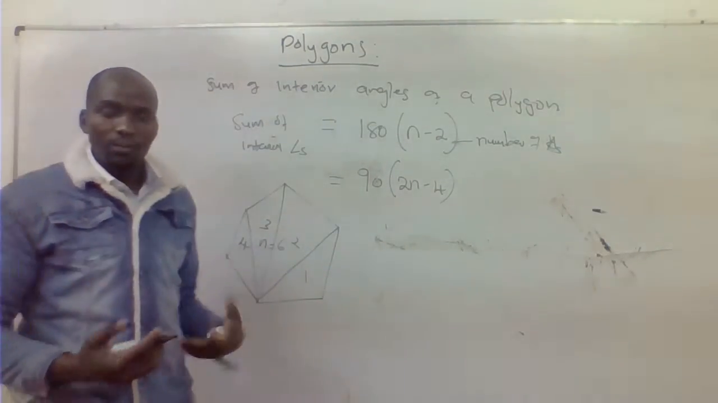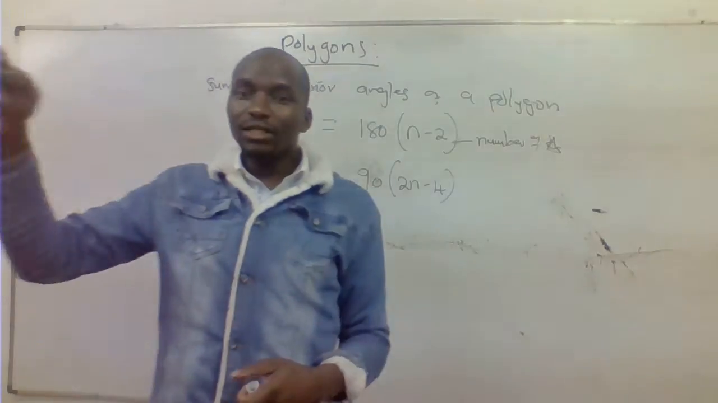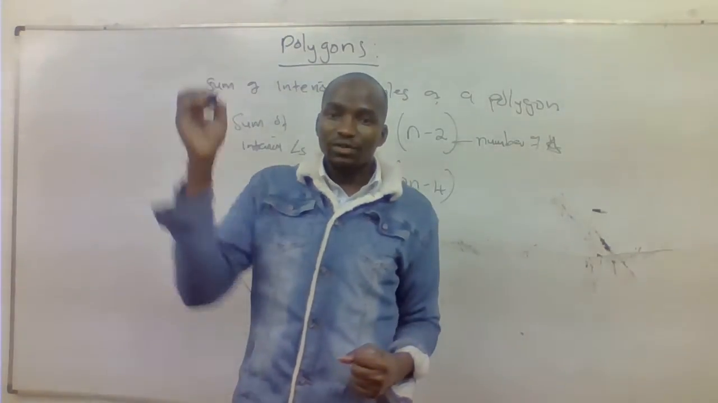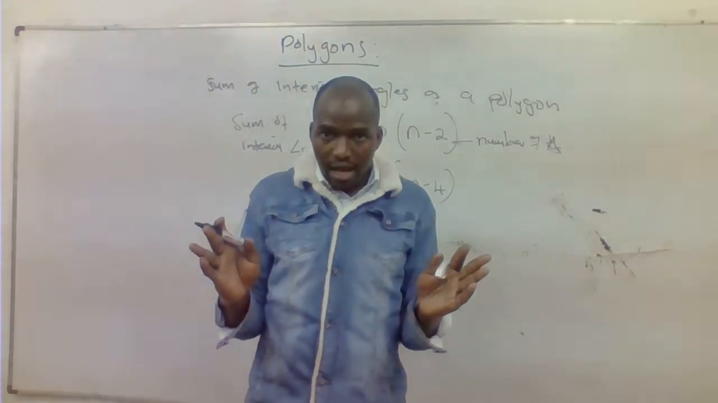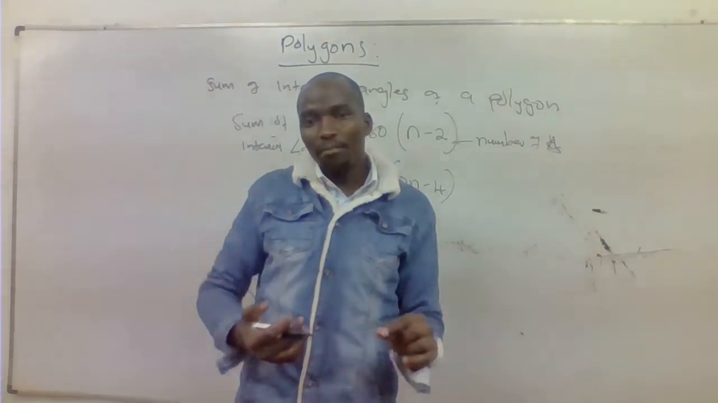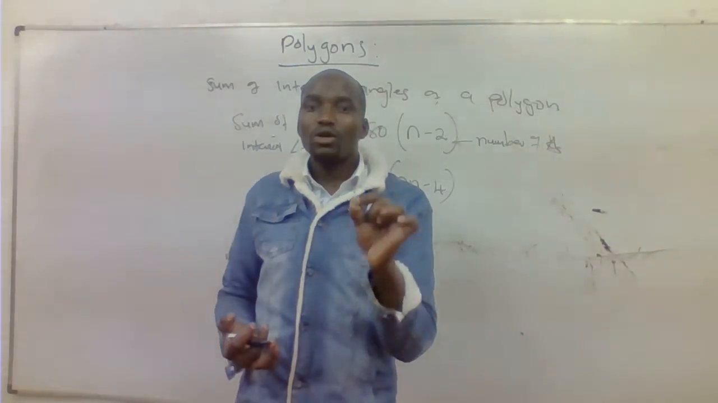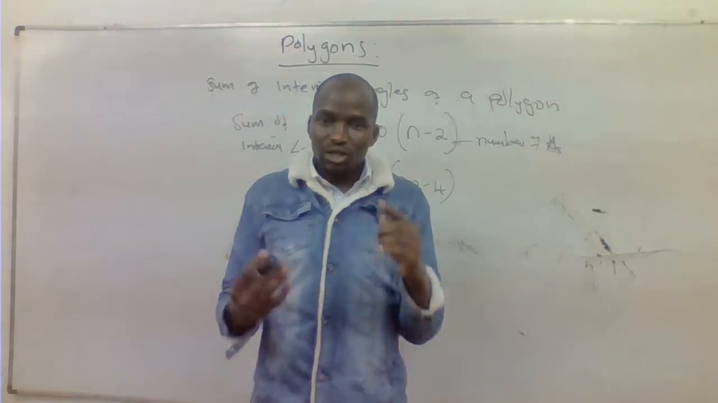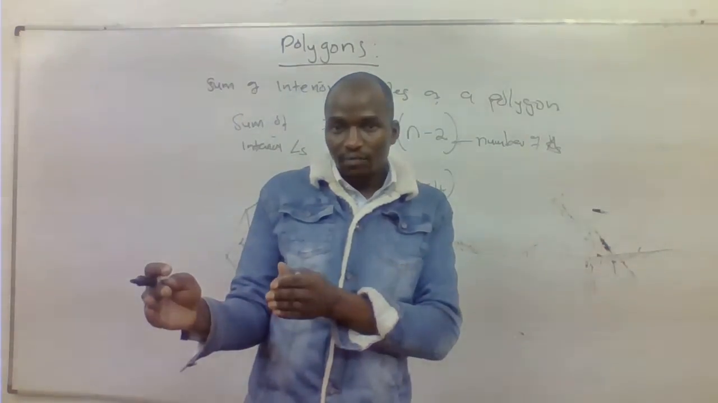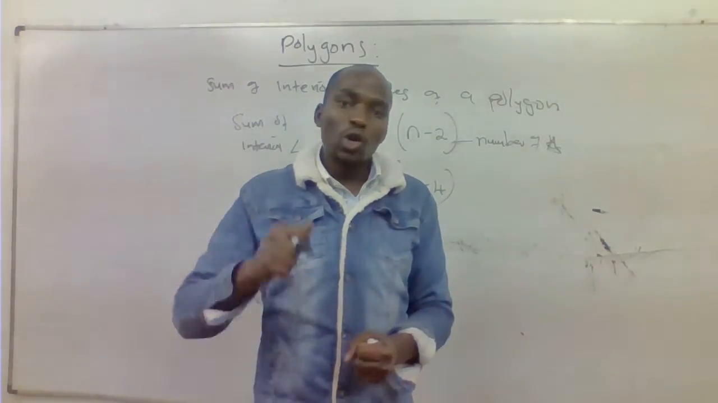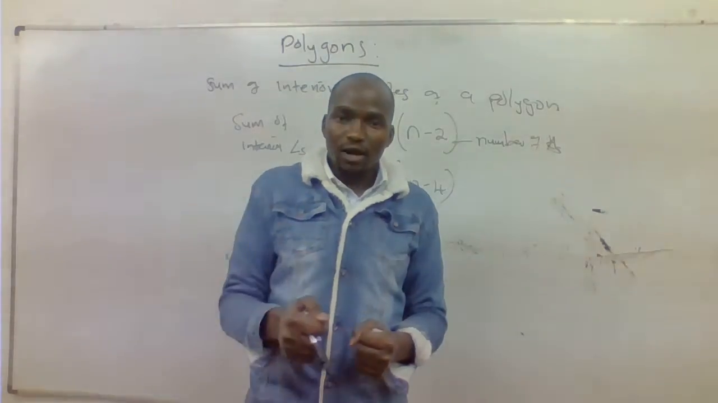If you take, for example, 7, and you find the number of triangles inside a heptagon, you will realize that the number of triangles inside a heptagon will be 5. So anytime you take the number of sides, then you subtract 2, you will obtain the number of triangles inside